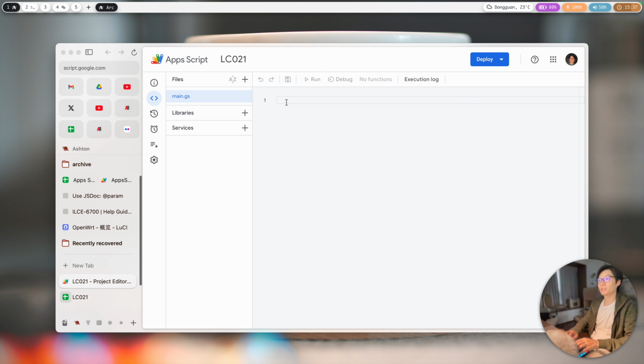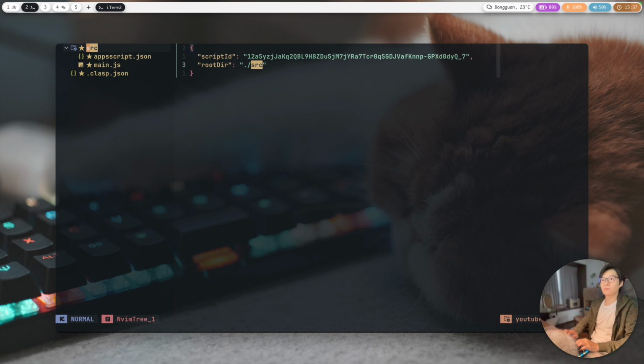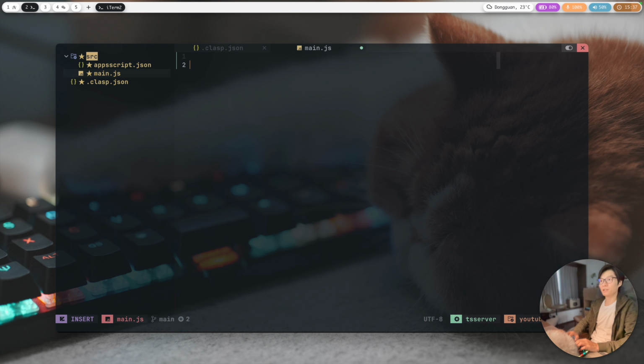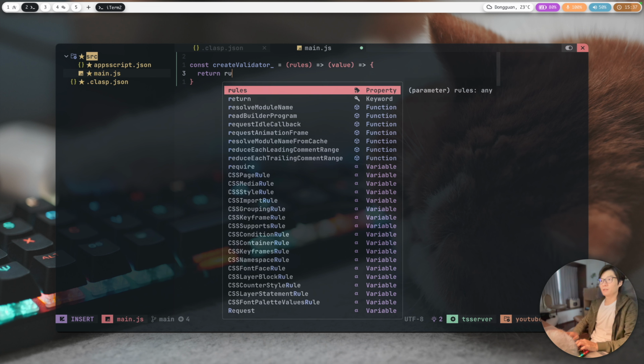Right now we don't have any content here, right? So I'd like to add the first function to the project. I'm going to call this function createValidator. I think it's kind of the core functionality to validate an input value by a set of rules. So I'm going to take the rules as the first parameter and the value as the second parameter. Okay, so this function is going to return a